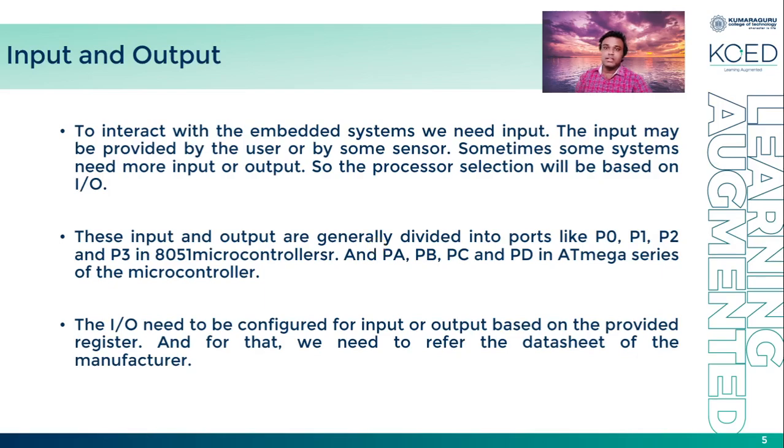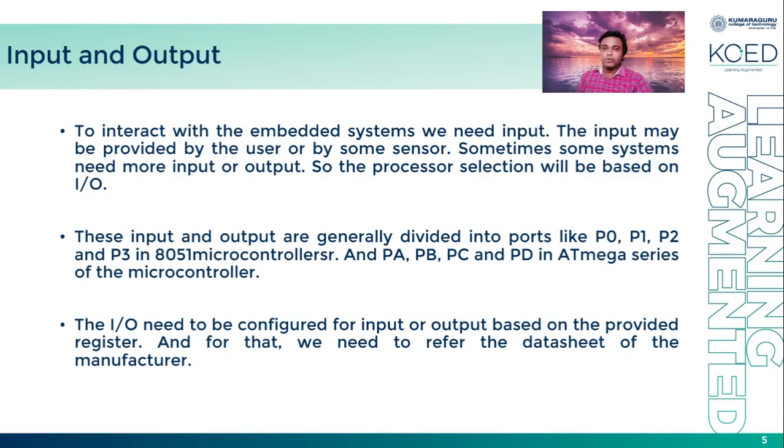The number of ports varies depending upon the controller. For example, in certain operations just a single port is enough, so we need to choose based upon the controller series. A series number will be linked with the number of ports, so you need to identify the best processor having the actual number of ports that you need. The I/O ports can be operated both as an input and as an output, so we need to configure them inside the program before the process begins, whether it is an input port or an output port.